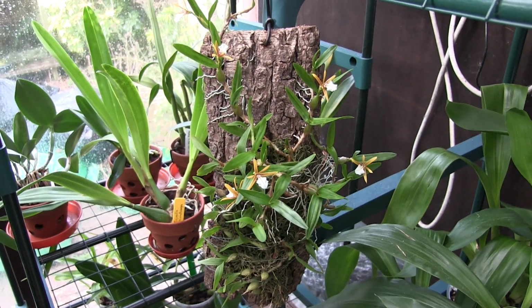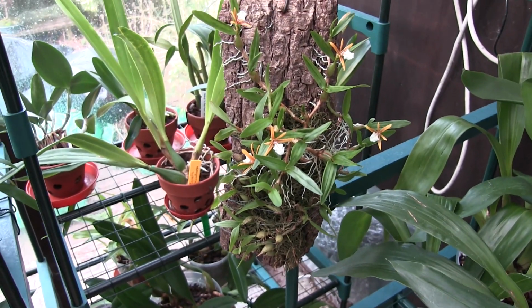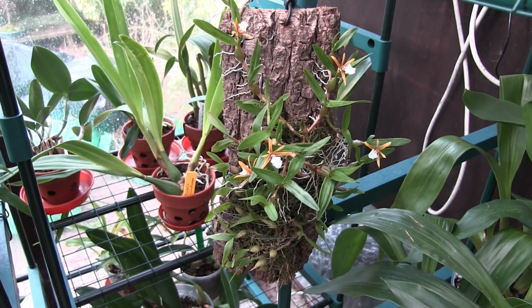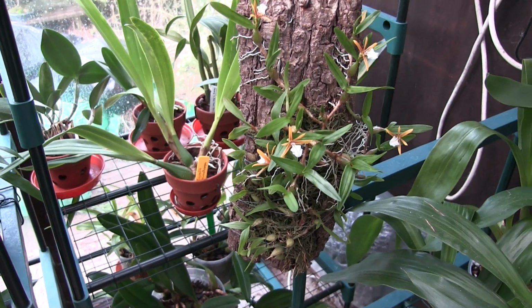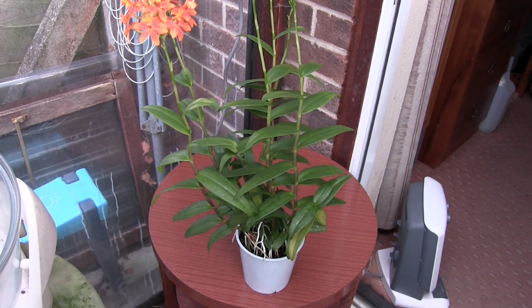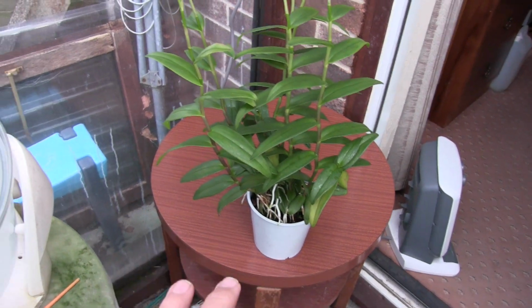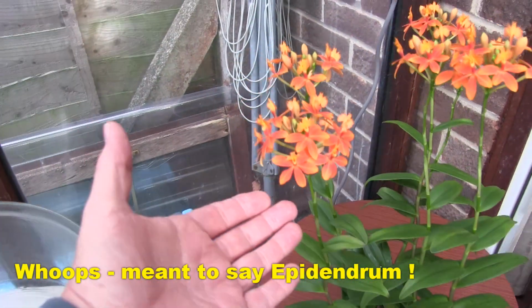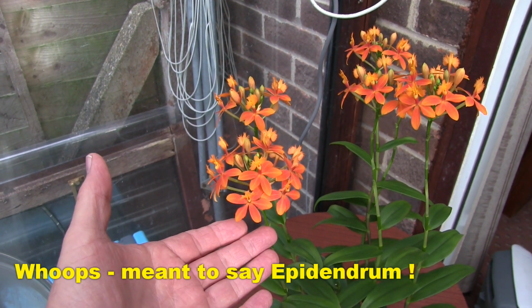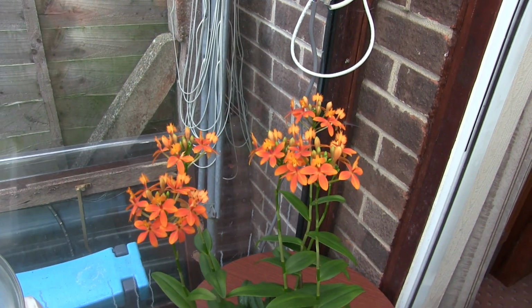Just going back to this plant, I know I'm always complaining about plants getting moved out of a genus and a new one created and this, that and the other, but that was an Epidendrum and it's now been moved into, whatever I said it was, Dinema, yeah? Epidendrum. They're not even close. Not only in their growth pattern, their leaves, this is a caned dendrobium, leaves all up the canes, and there is no similarity whatsoever in those flowers. So sometimes you can see the sense, can't you? But talking of oranges,